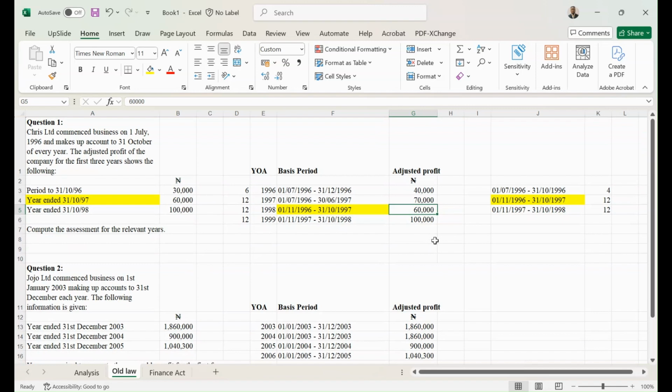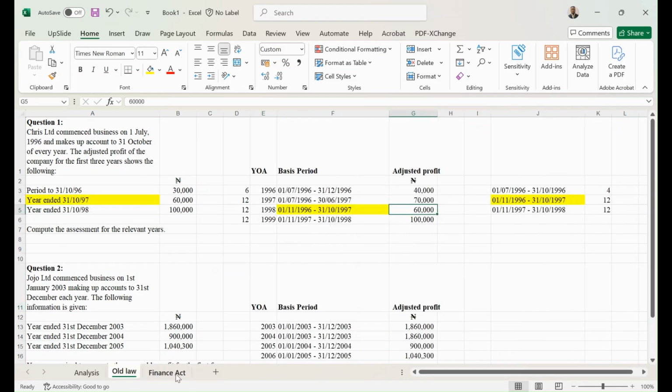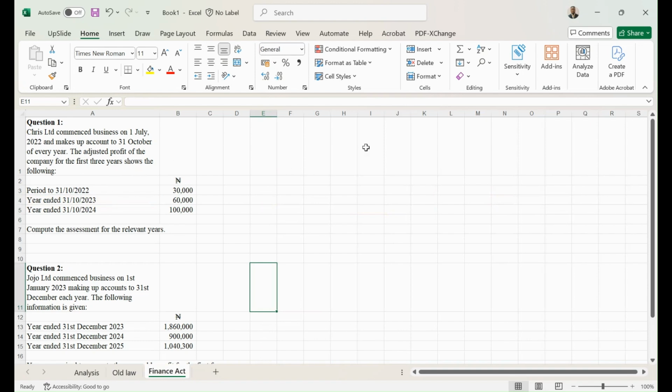Now, it is quite simple, straightforward, and clear, right? According to the Finance Act, we are going to use the same question, but I've now changed the dates. According to the Finance Act,